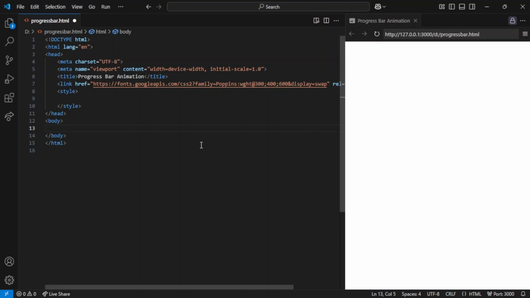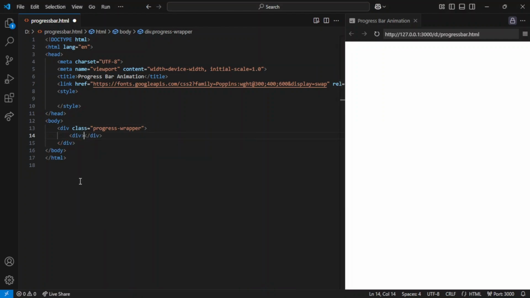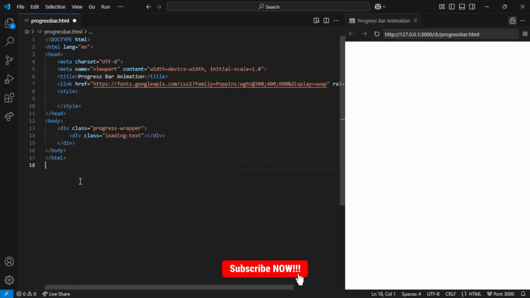Alright, let's break down the HTML body structure first. First, we have a div with the class progress wrapper. This acts as the main container that centers everything beautifully on the page. Inside, we've got a div with the class loading text, which initially says loading and later updates to finished